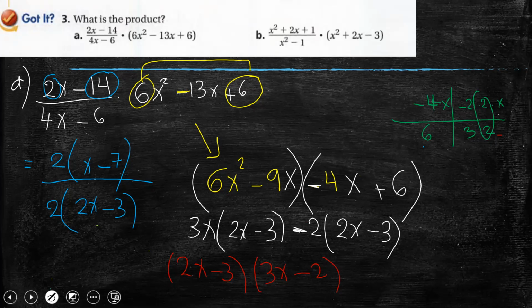Teacher, is there another way? Because maybe I might make a mistake with this negative sign only. So teacher, can I distribute this negative sign inside the bracket, so that the negative sign is the sign between 3x and 2x minus 3? Do you mean that you need to keep it as 4x plus 6? Yes, 4x plus 6. Then the negative sign will be distributed. No, but you will change the answer. So in this case,